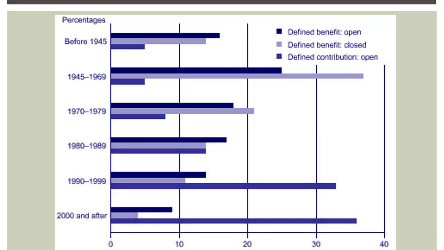And what you see here is it starts to drop in quantity. So we see less and less of those defined benefit plans as we move into the 70s, and then it drops again into the 80s, it drops again into the 90s, and now in these 2000s and on, look at how much smaller it is relative to the defined contribution plans. And you can see they were really small up in the 40s and 50s and 60s, but they started growing in the 70s, 80s, 90s, and of course now in the 2000s,